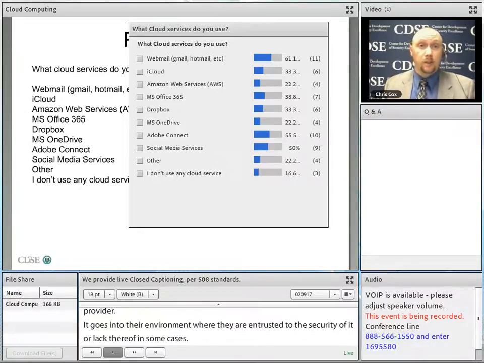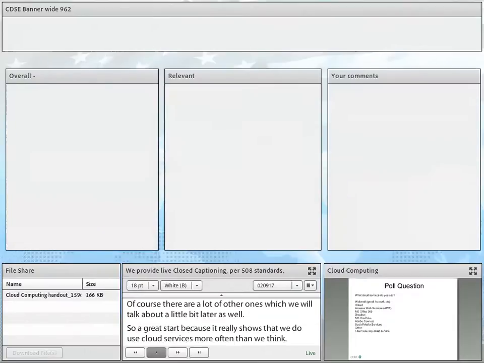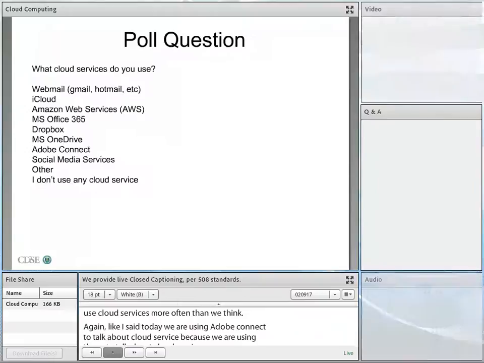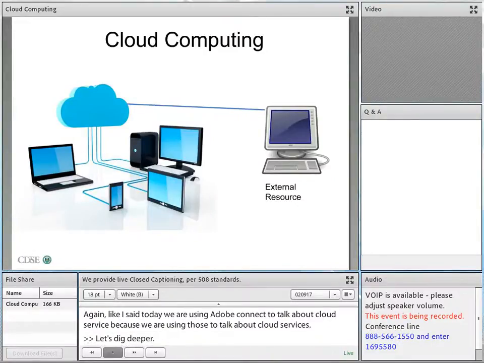Again, like I said, it's fitting we're using Adobe Connect to talk about cloud services, since we're using cloud services to talk about cloud services. So let's dig a little bit deeper and see what it is. So specifically, a cloud service refers to any service that's made available to users from the provider server rather than